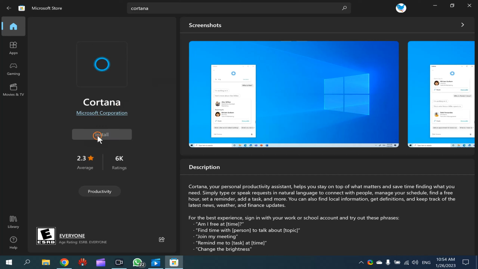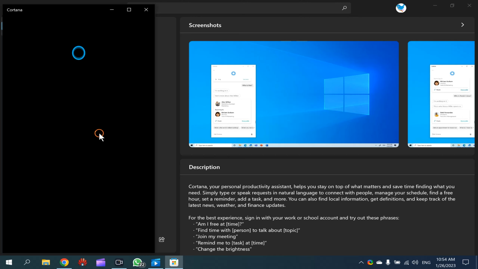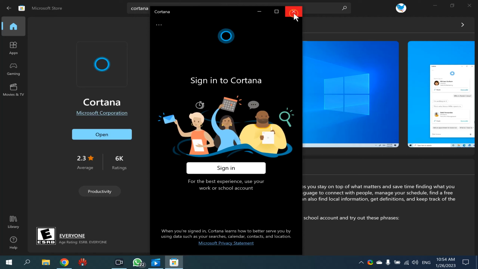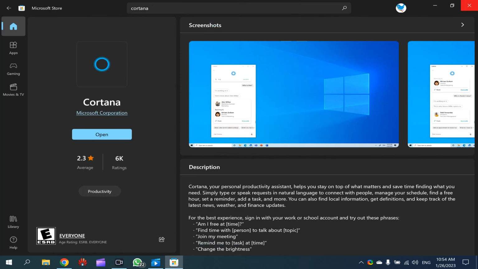Then click on install. This will automatically download and install the Cortana application on your PC. As you can see, Cortana has been installed on my Windows 10 PC.